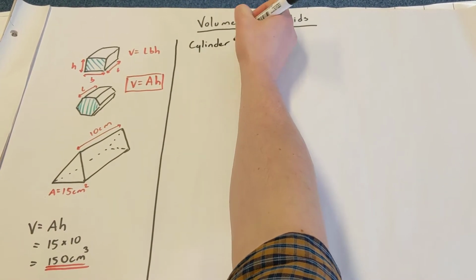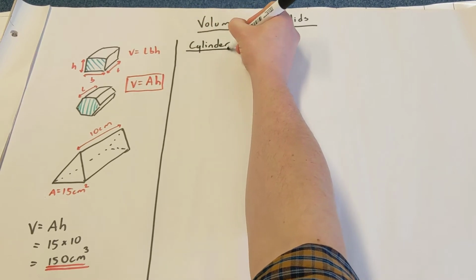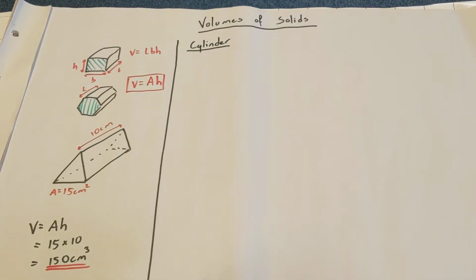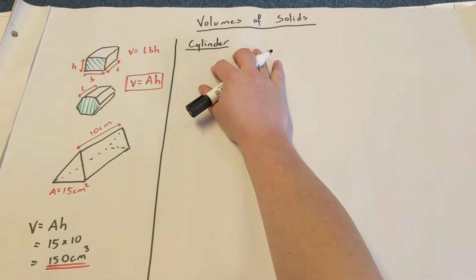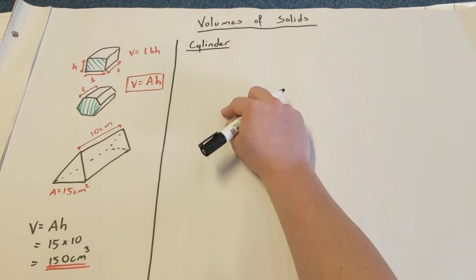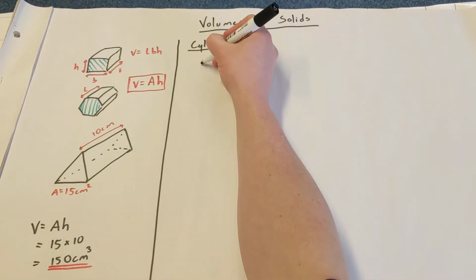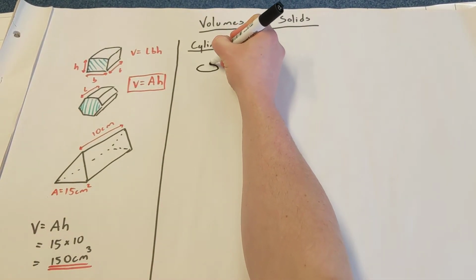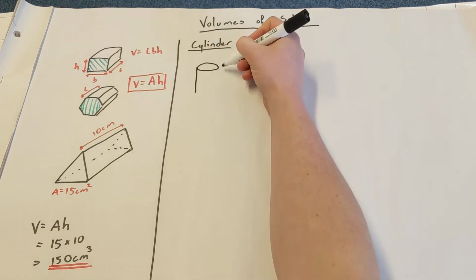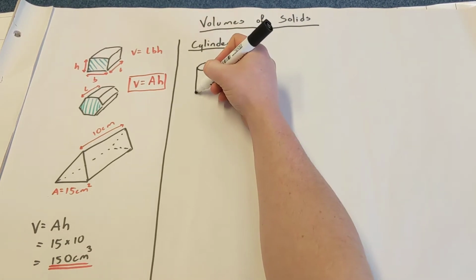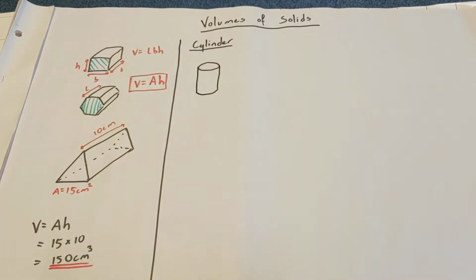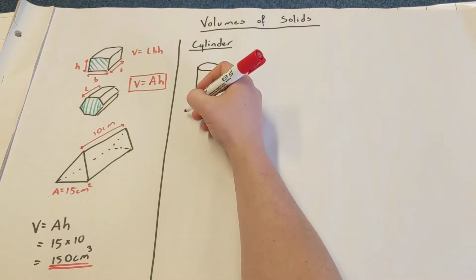And this is pretty much exactly the same as the prism. So remember, a cylinder is just a round prism. It's just a circle on one end that goes all the way back. And it could look like this. It could be a tall one like this. It could be a cylinder like that. And so, to work out its volume,